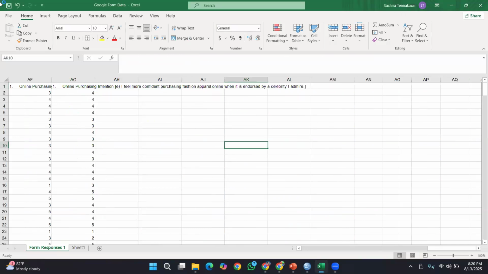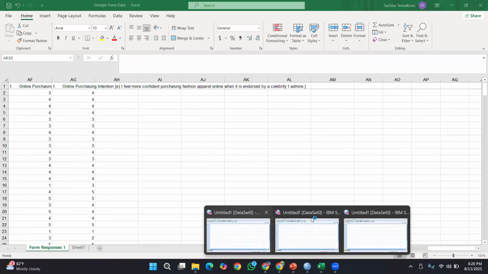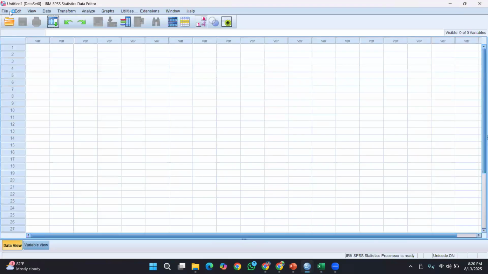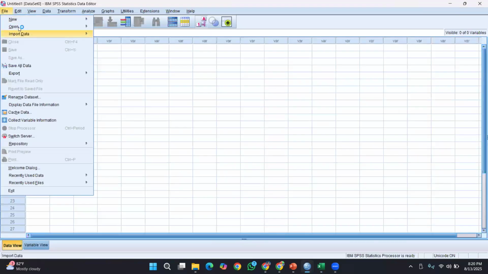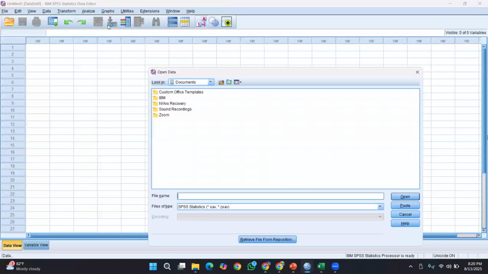Right? Okay, now you go to SPSS and you can select open file, data, and go to the place where you have been saving it.